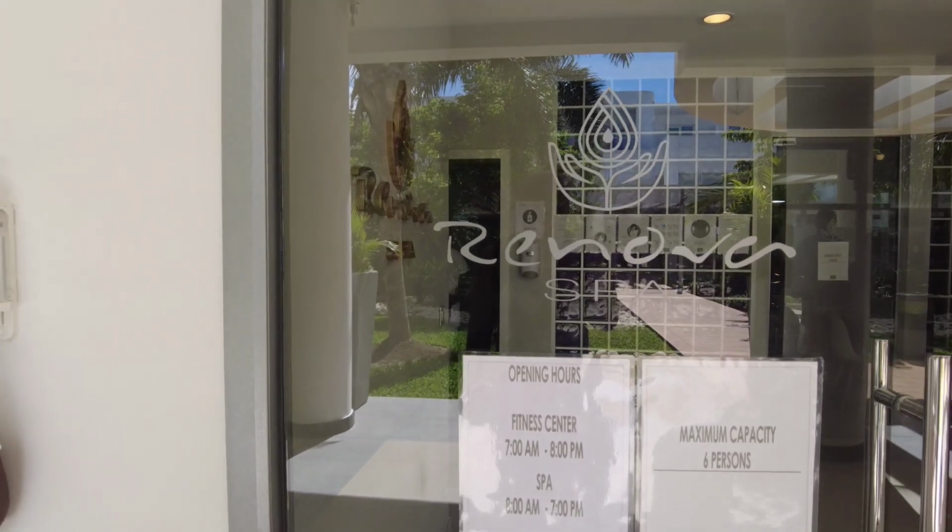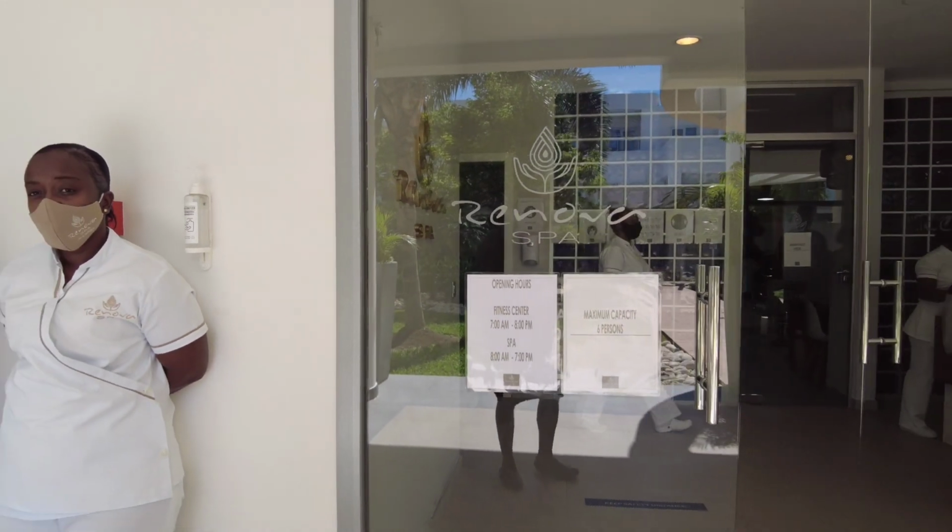Okay, and I know a lot of people asked about curfews. So while I was in Jamaica, they did have curfews, and I was trying to ask some of the staff or the locals how the curfews actually worked, because we got there on a Saturday, and I think that Saturday when we got there, the curfew was maybe 9 p.m. And then on the next day, Sunday, the curfew was at 2 p.m. So we were shocked that it was a weekend and the curfew was so early, and just thinking about booking